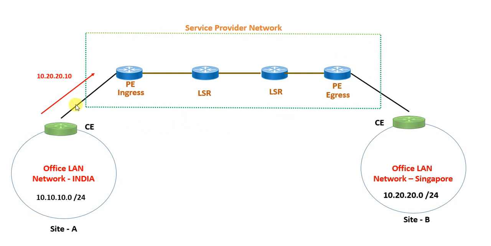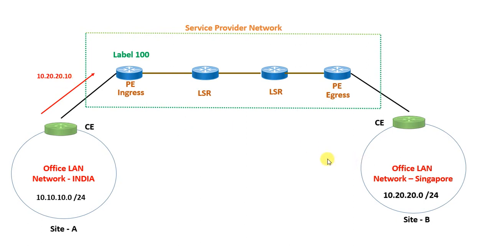There are three important operations performed in MPLS. One is push, the second is swap, and the third is pop. The push operation is performed in the ingress router. Whenever a request comes from the customer router, it comes as an IP packet. Once it reaches the ingress router, instead of going through only its routing table, it will go through its label binding table and push the label, because as we already discussed,